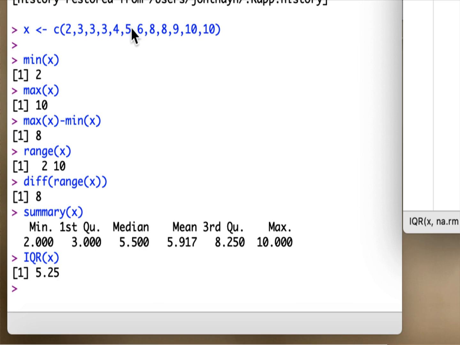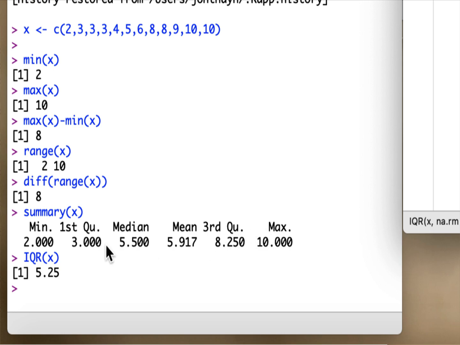So that's right here, halfway between 5 and 6 is 5.5. The mean is 5.9, which in this case is not that helpful. And then the value that separates the 8 and the 9 is 8.25. When we were drawing it out, I said 8.5, but it's actually 8.25. This is based on, well, this will make more sense after we talk about normal distributions, but it's based on the probability distribution function of the data. So it doesn't find the value that's actually right halfway in the middle, but it's 8.25,